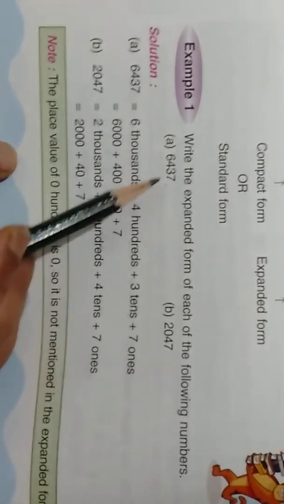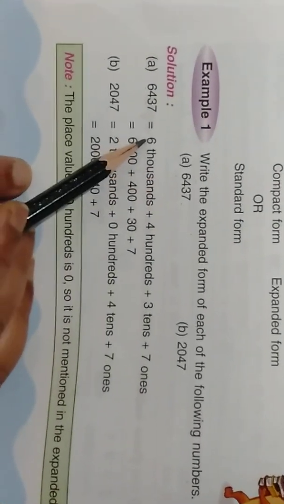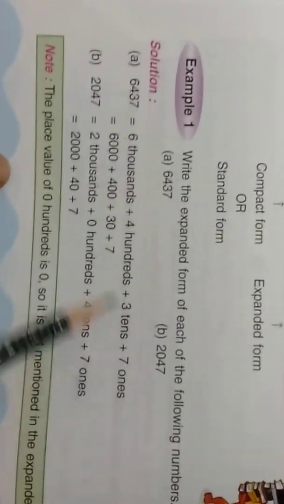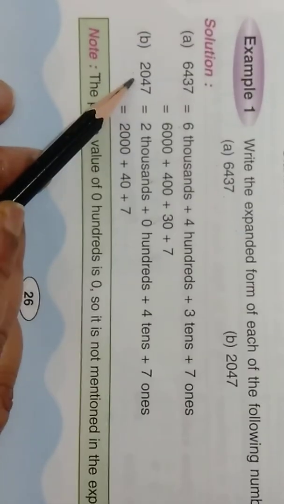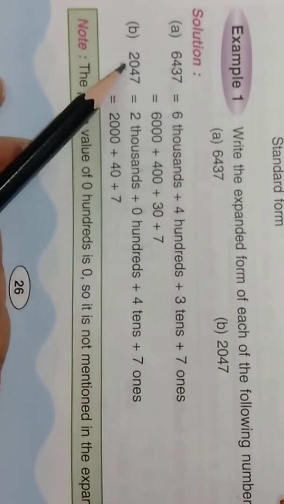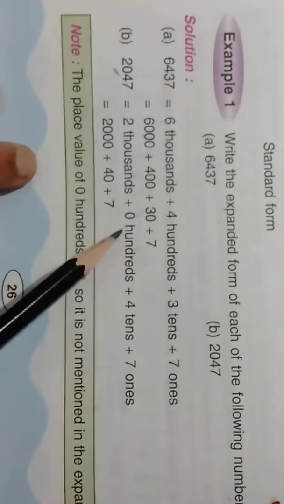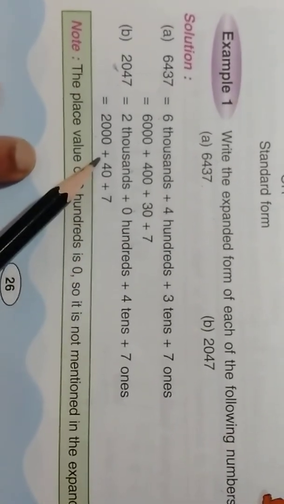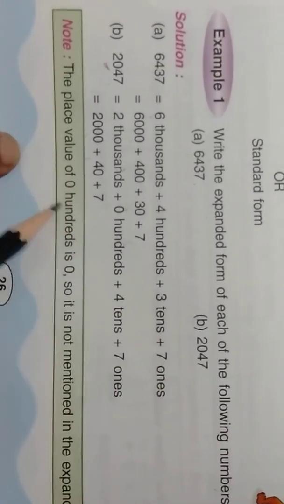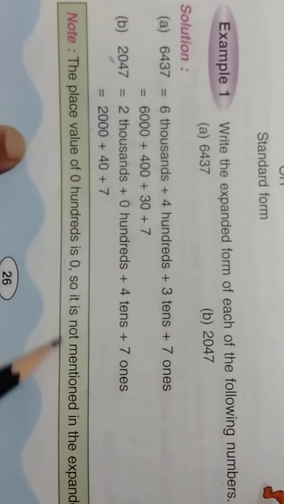So how are you going to write 6437? 6000 plus 400 plus 30 plus 7. Right? The same way 2047: 2000 plus, is there anything at the 100 place? No. So just write 0 at the 100 place, or don't write anything, plus 40 plus 7. The place value of 0 hundreds is 0, so there is no need to mention that one. Okay. Now,